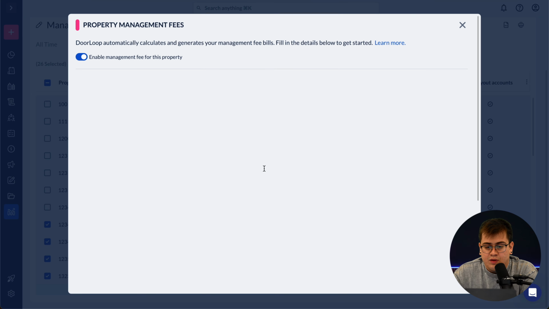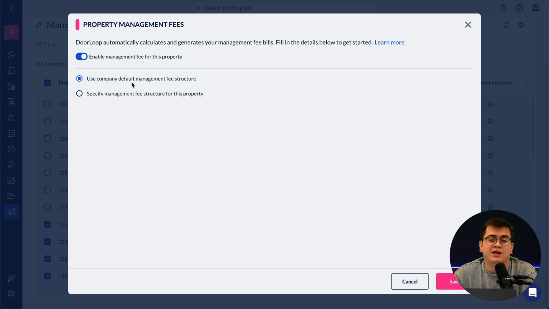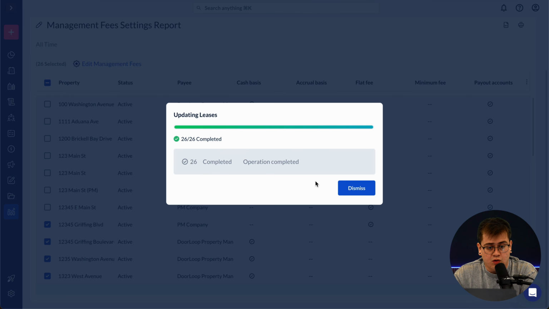When clicking on that, you will go ahead and see that this pops up over here, a toggle that's off for enabling management fees. You want to be sure to enable those. And you leave the first option on that says Use Company Default Management Fee Structure. This means that all the properties that are currently selected will use the 10% that we just set up. So when we click Save on here, DoorLoop will go ahead and assign management fees in bulk across the board